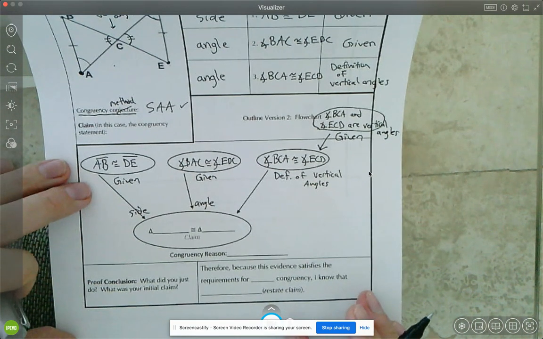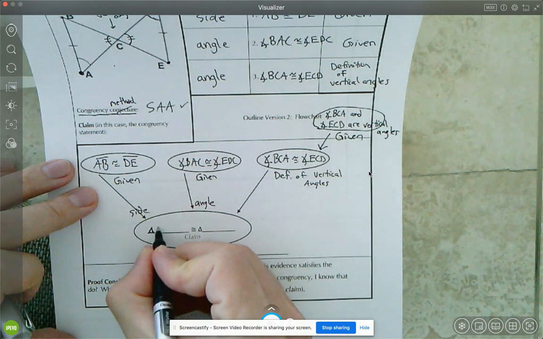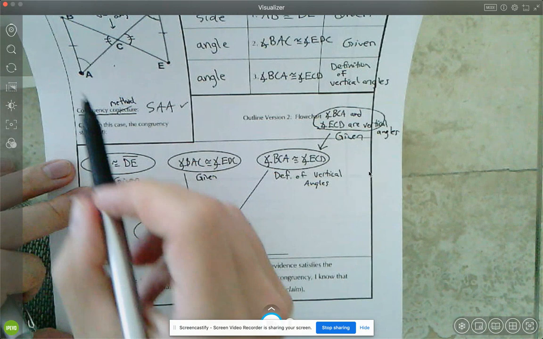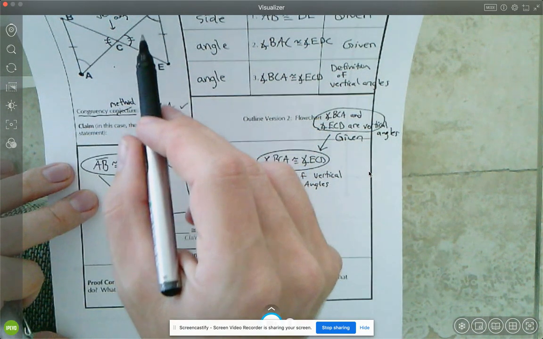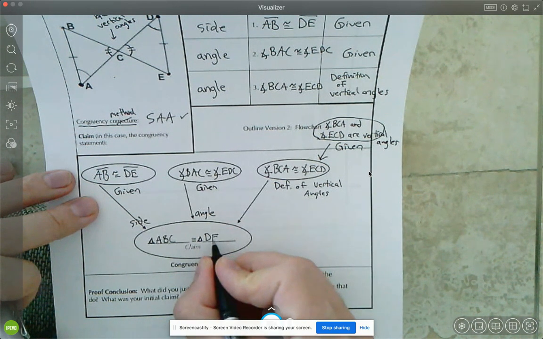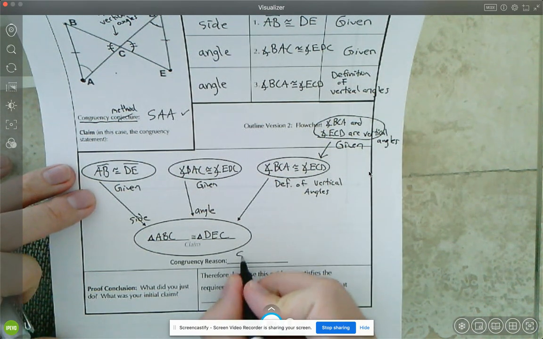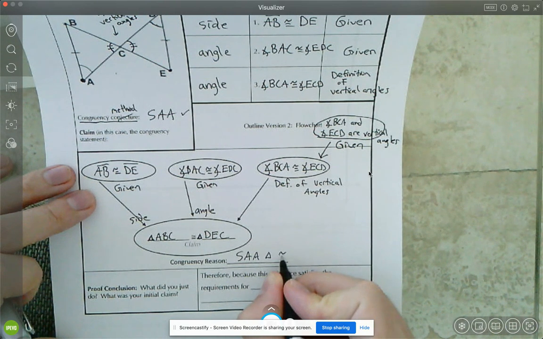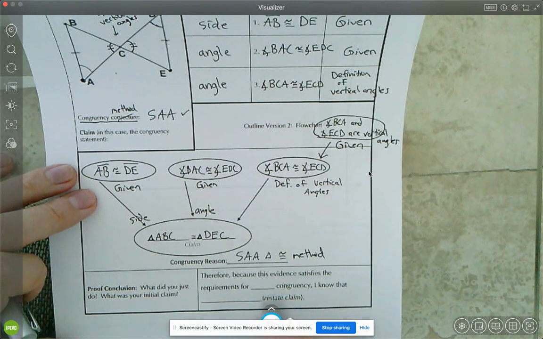Now, all this being said, we now have enough for our claim right here. Let's write our, okay, triangle sign. I'm gonna start with A over here. Triangle ABC. So ABC is congruent to triangle. Okay, corresponding point to A is D. So triangle D, and then across to E, C. C is used in both. And our congruency reason is side, angle, angle, triangle congruence method. Okay. Therefore, because this evidence satisfies requirements for side angle angle congruency, I know that triangle ABC is congruent to